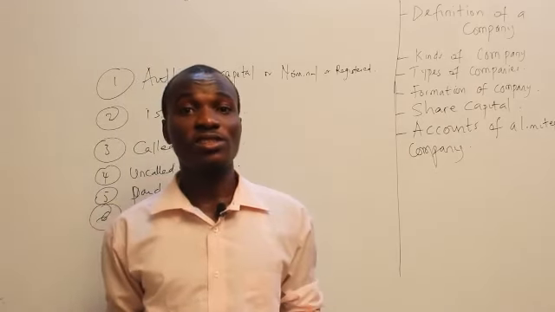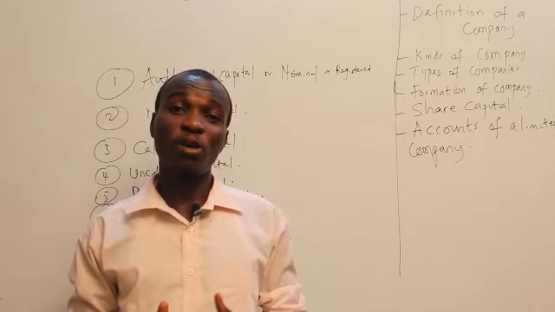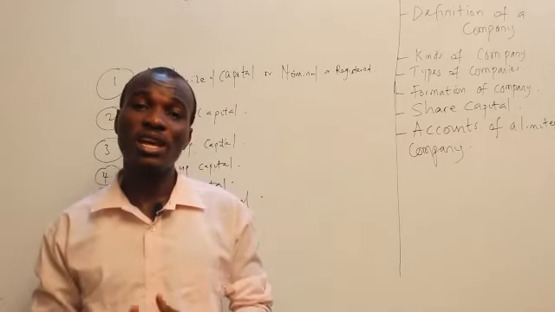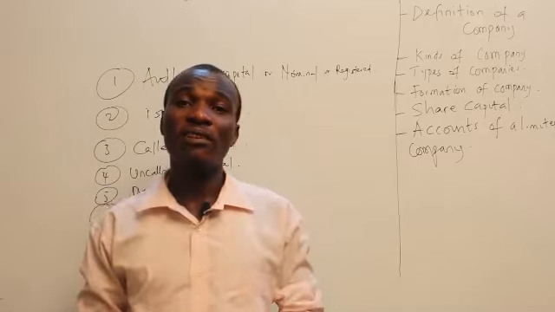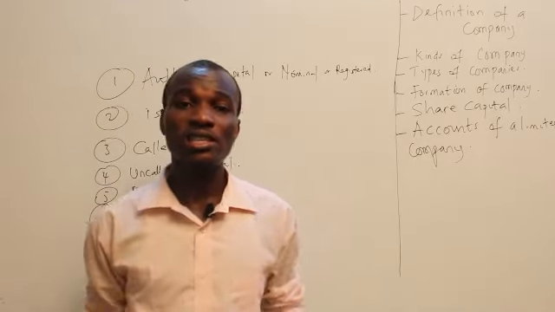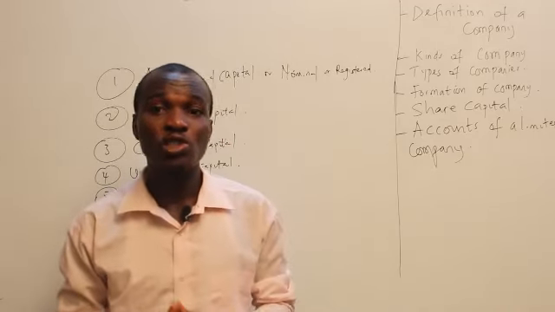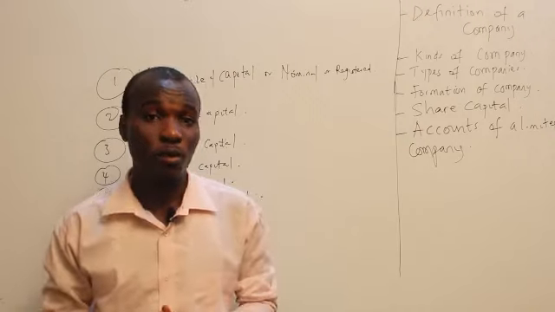This capital represents the total amount of shares that will be available for the establishment of the company. It serves as the capitalization of the company. So this is the maximum number of shares that the company is allowed by the memorandum of association to issue out to the public